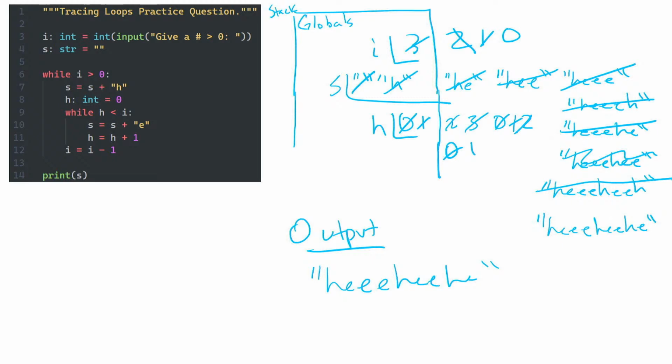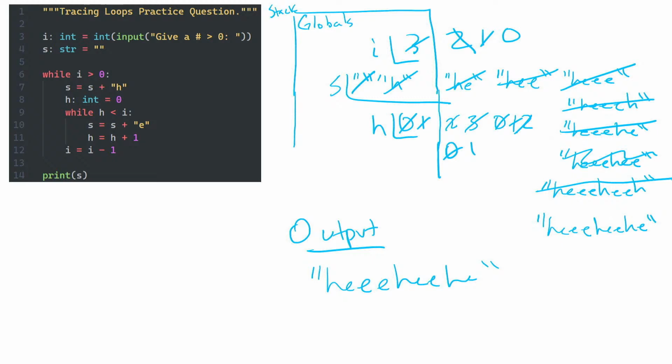Yep, question here. This is similar to an earlier question, but outside the while loop, would H be accessible? So in general, you should not expect it to be. If you wanted it to be, you would really want to declare it outside. I believe in Python it actually would be accessible, though. Those rules wind up being very specific to the language you're working in and a little bit beyond our concerns.